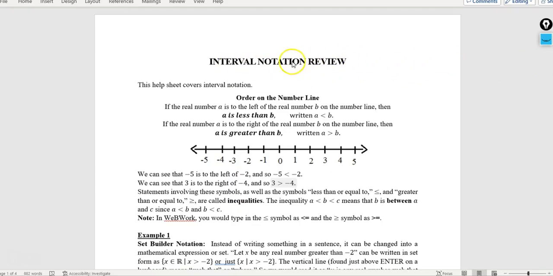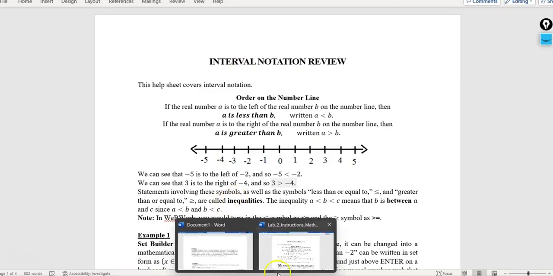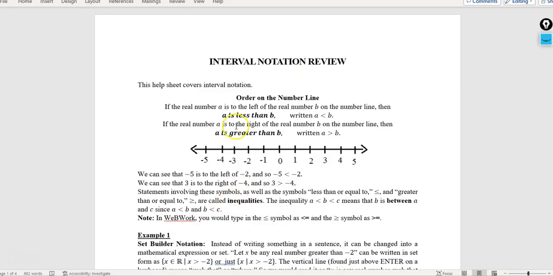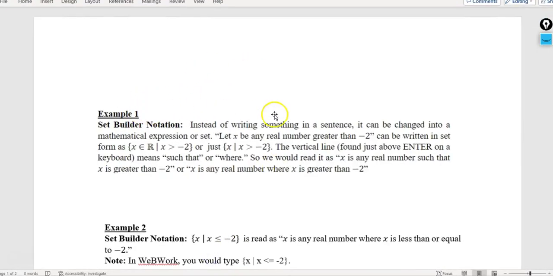But I've made Lab 2 about interval notation. So we have a little bit of a review. So here's your Lab 2 instruction sheet. And basically, here I've just got the examples in that lab. So remember, as per usual, all of the steps are written up in the lab instruction sheets, and these videos just go through the steps. So if you're having trouble with interval notation,